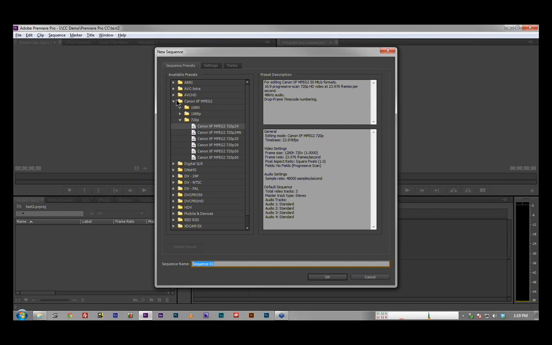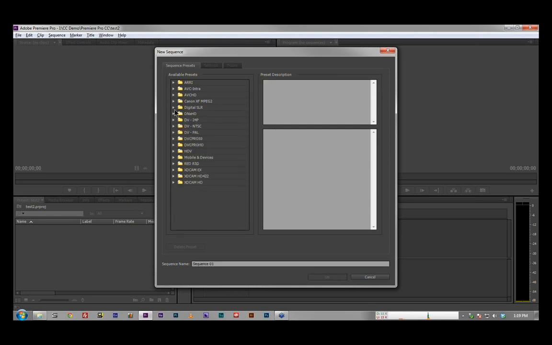One thing to note is that we now have DNxHD presets, and as I mentioned, we now support ProRes out of the box on the Mac, so we can encode and decode on the Mac, and on Windows, of course, we can just decode. We cannot encode that stuff. RED raw files, R3D, so you can make so many different native formats directly inside here. I'll show you the easiest way to make a sequence in a moment. I also wanted